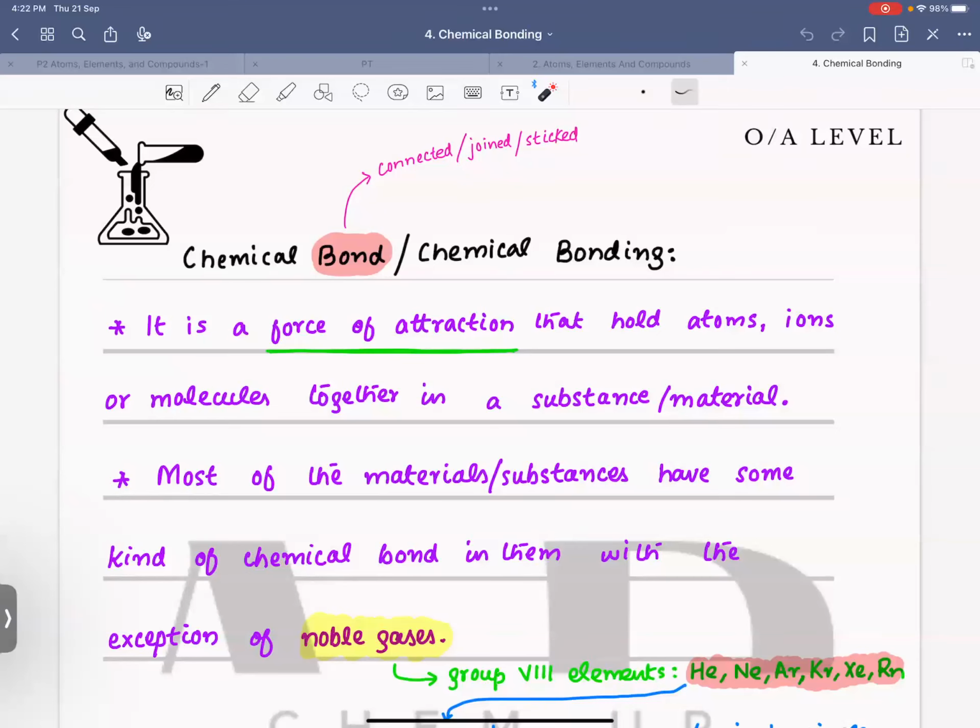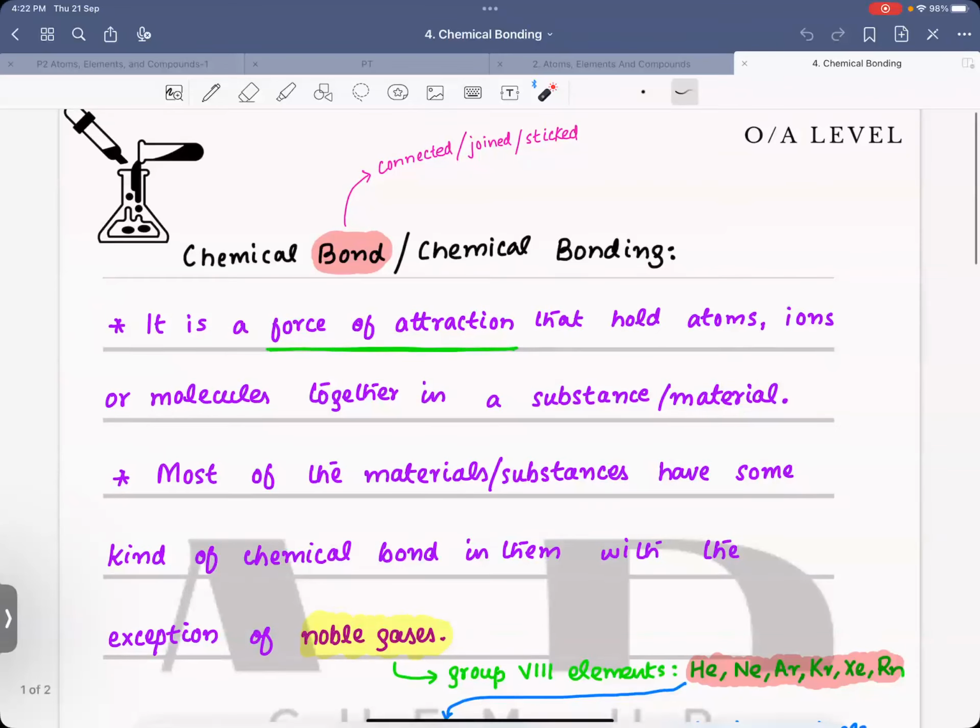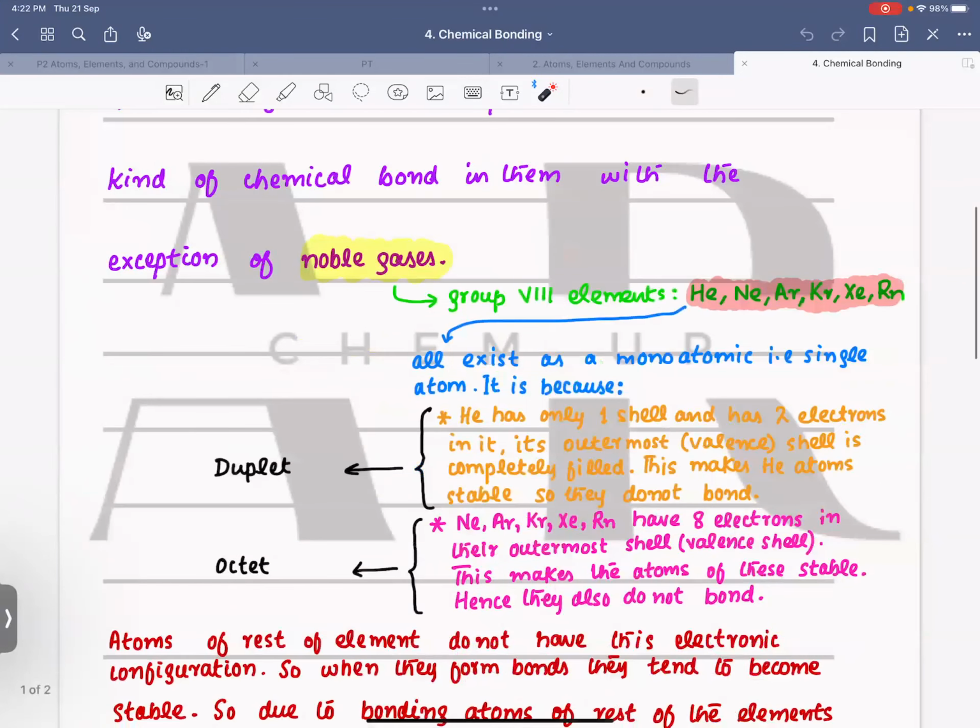Yes Katija. Sir, I was asking that noble gases never react with any of the substances to form a chemical bond, right? Yes. Okay. So why do these noble gases not react? Okay, has everybody completed till here? Yes. The reason behind this is